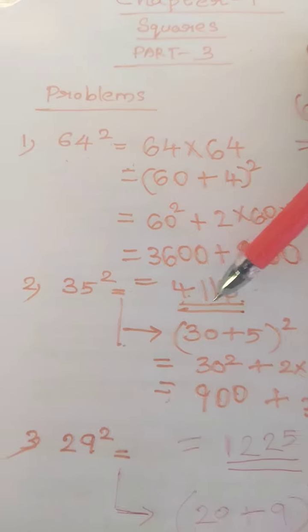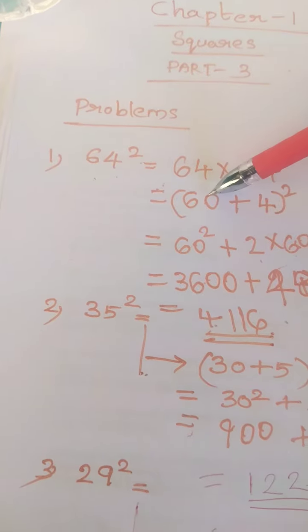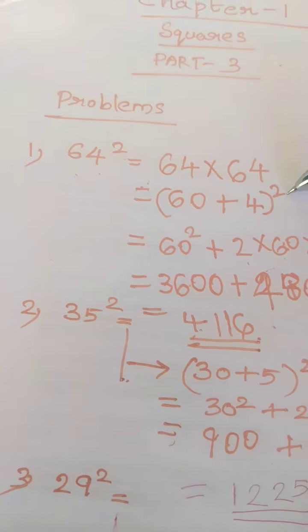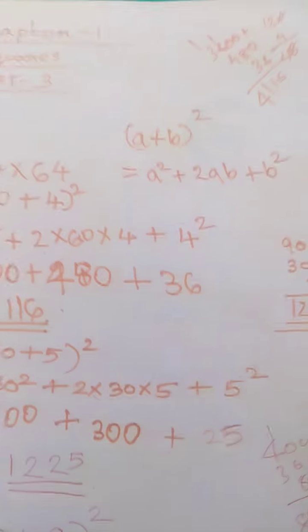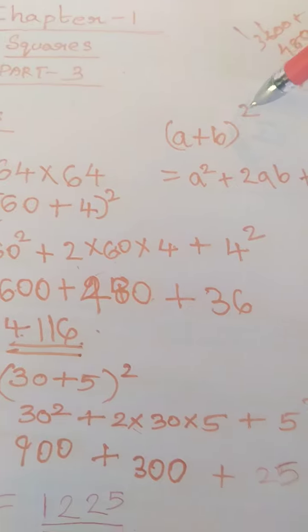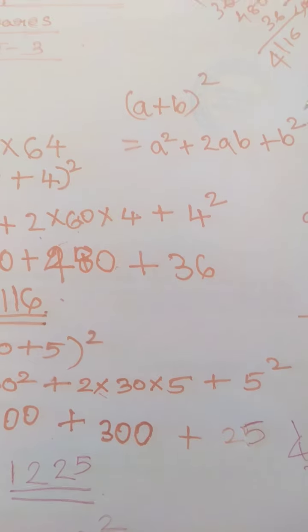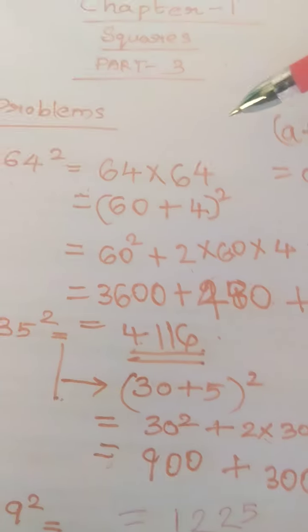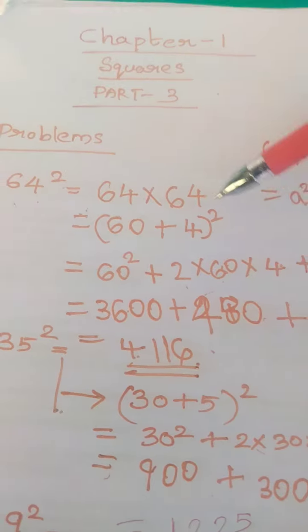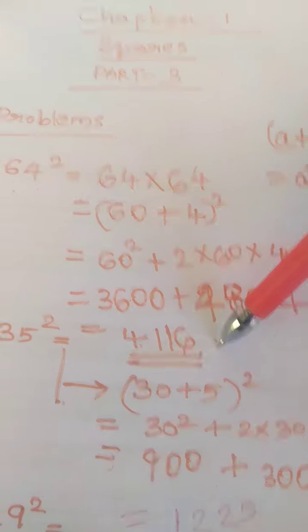The first 64 square answer is 64 square നമുക്ക് എന്ത് ചെയ്യാം 16 plus 4 the whole square എന്ന് ചെയ്യാം. The mathematical formula a plus b the whole square is equal to a square plus 2ab plus b square. Then we solve the problem. We get the answer